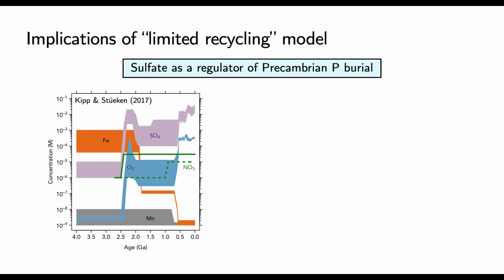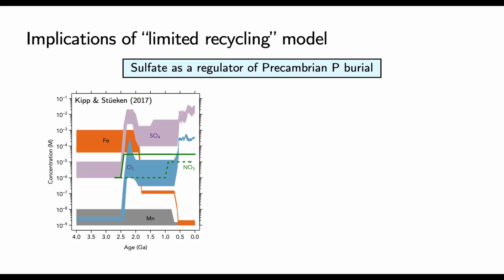So on the right-hand side, we see today. Note that this is a log axis spanning many log units. We have quite a bit of sulfate, 28 millimoles per liter in modern seawater. And also, if we equilibrate surface waters with our oxygenated atmosphere, we get a few hundred micromoles per liter of O2. Together, that's plenty of oxidizing power to respire and recycle all biomass that's sinking, far, far in excess of sulfate and even in excess of oxygen.